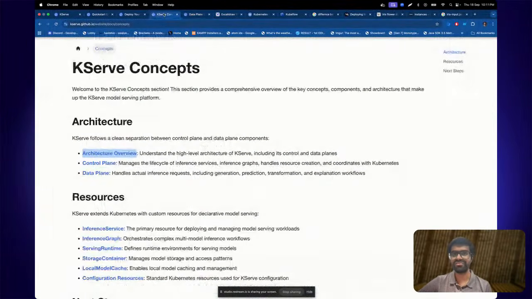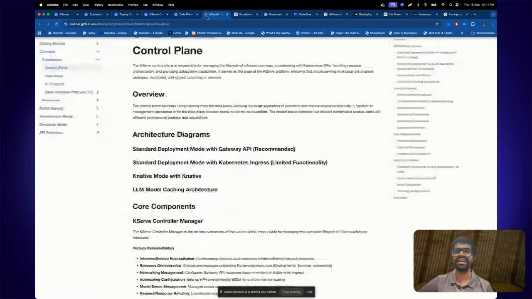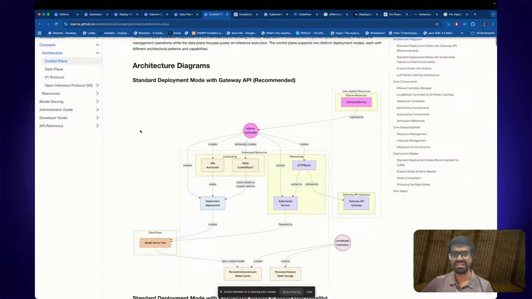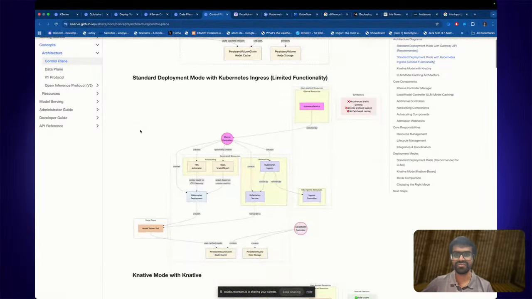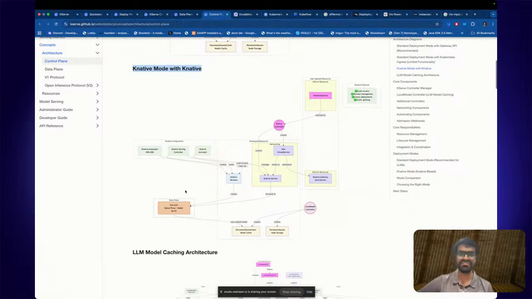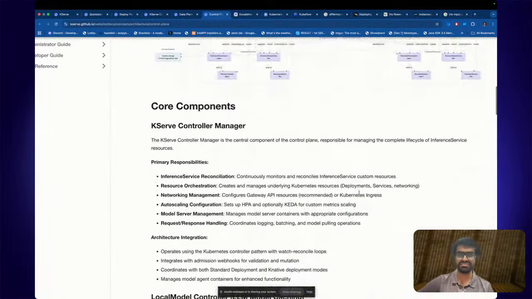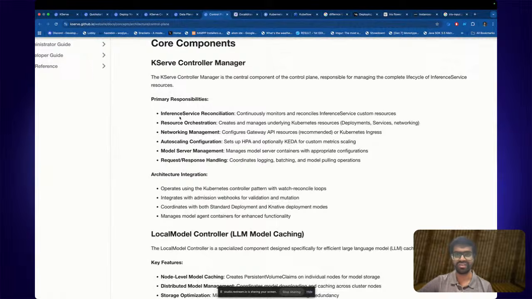And if we also take a look at the control plane, hopefully we can see a good diagram to compare it with. That's our architectural diagram of deployment with Knative. We are, I think, using Knative, so this might be the one for us. We have all of these built-in components that provide you the autoscaling and the serving, internally you're using Istio for the networking, and you have the Knative gateway. That's pretty interesting to see how everything works.